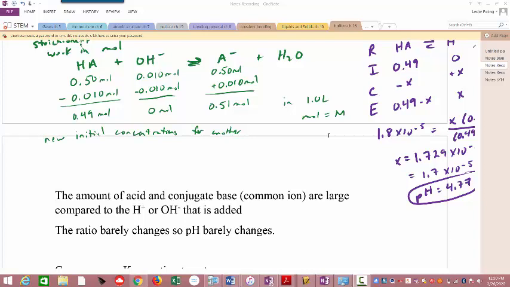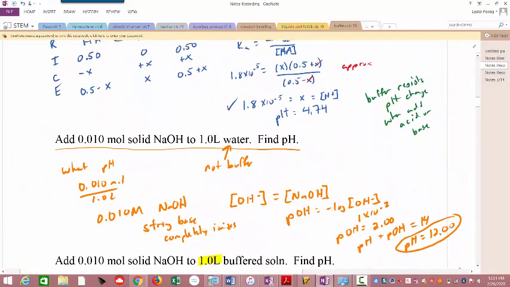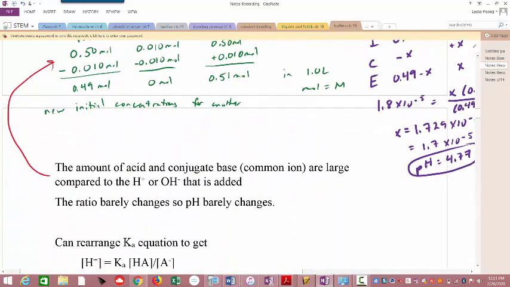All right, so we just saw in our buffer problem that the amount of acid and conjugate base, which is the common ion, are large compared to the amount of the H plus or the OH minus that is added, which we literally can see right here. The HA, the acid, and the A minus, the base, are much larger than the OH minus that was added. So the pH barely changed. We went from a 4.74 to a 4.77. Okay? Now we did a lot of work to get there,